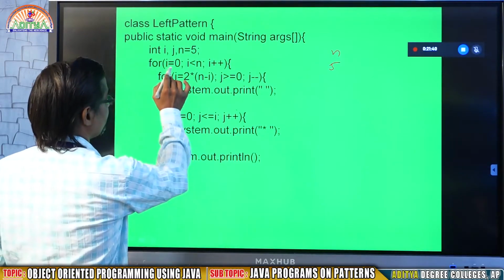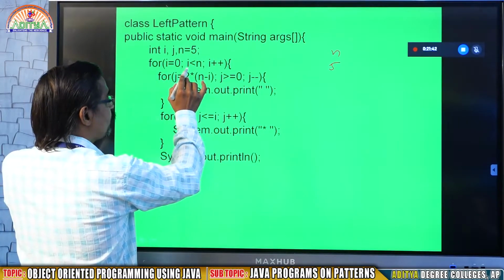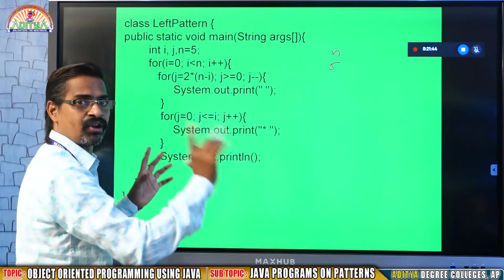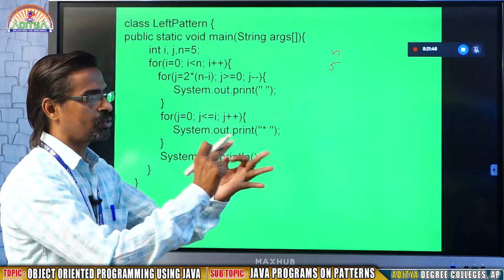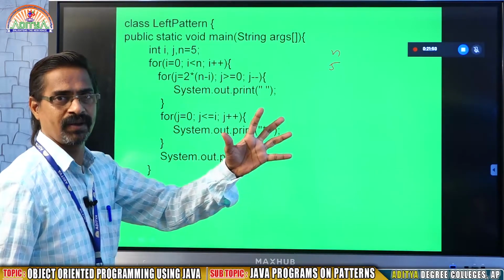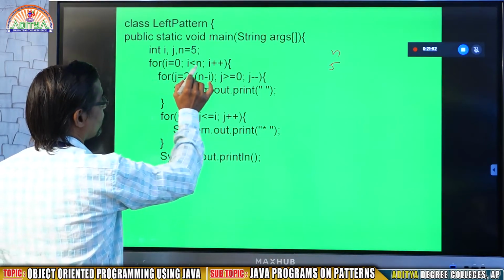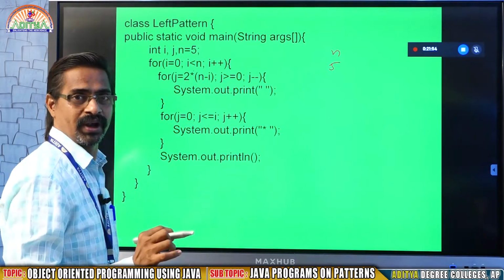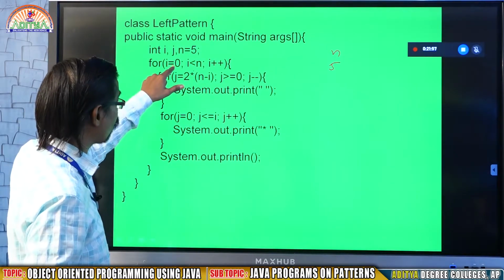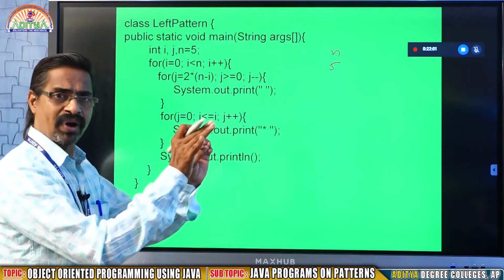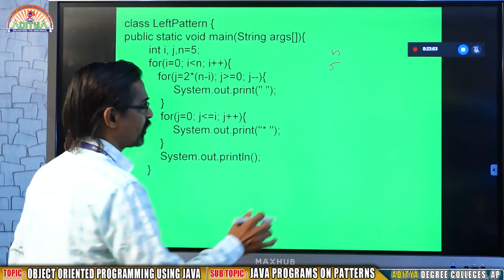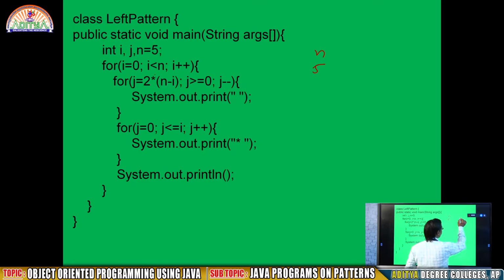In this case, i value 0, 0 less than n only, not less than or equal to. That means 0 to 4: 0, 1, 2, 3, 4, that is 5. Whichever way you want, you may start your for loop. It is not mandatory to start from 1 with i less than or equal to n. What I need is 5 rows, 5 stars. This is the output I want now.